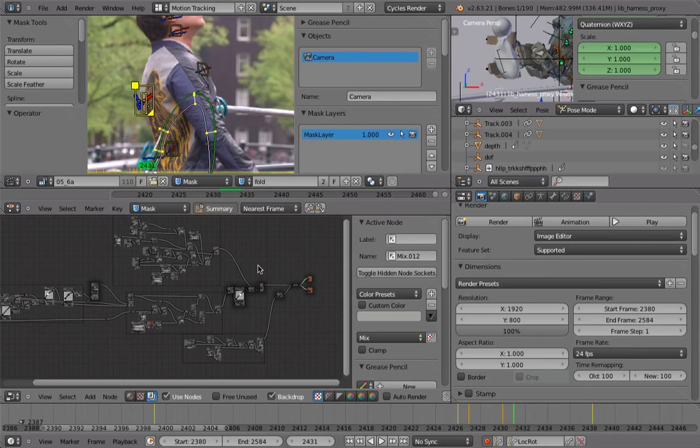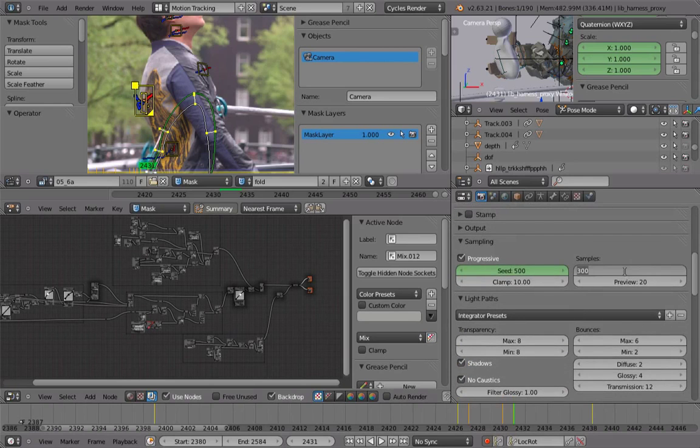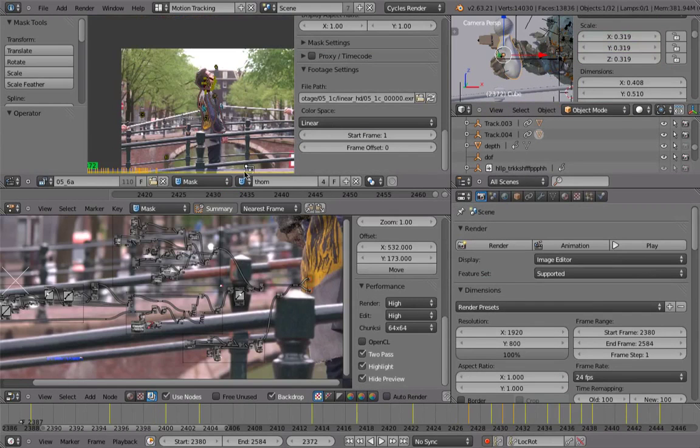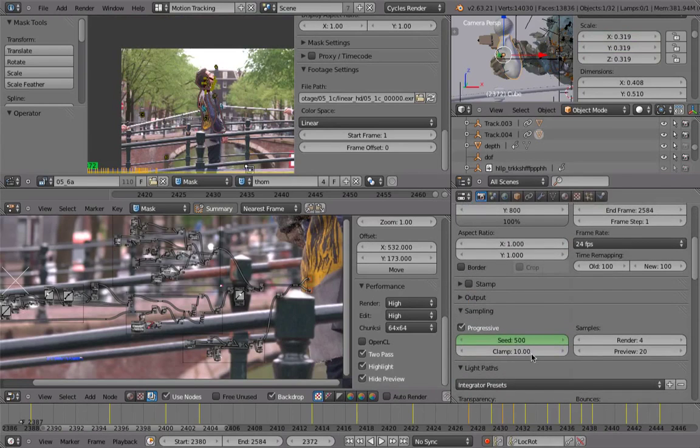Okay, so let me do a quick render with lower samples so that you can see what's going on. So maybe just use 5 samples or something so that it renders quickly. Okay, so now it's rendered, and it has been rendering several render layers. So if you go down here, you can see we have a render layer for